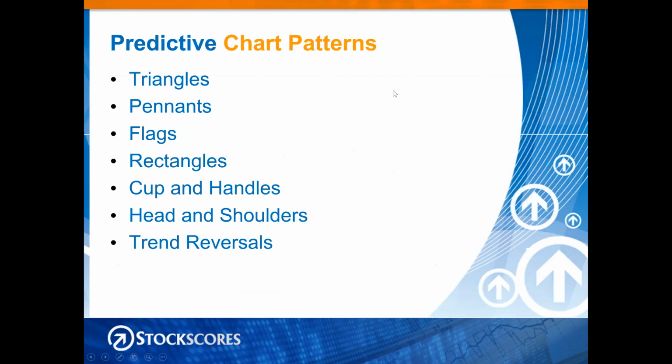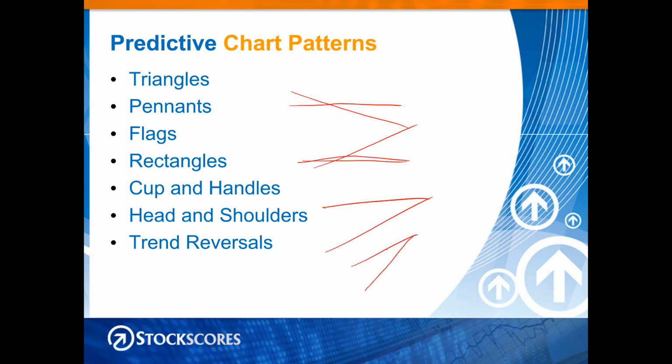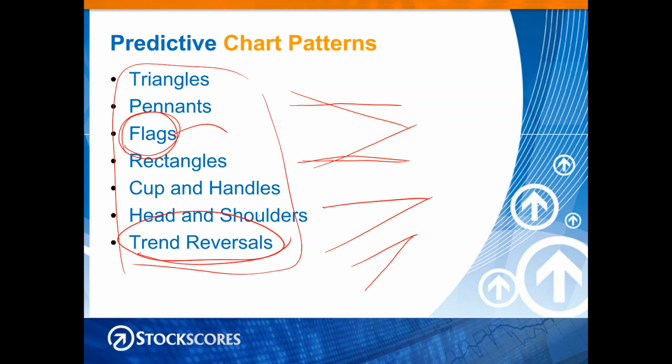So I'm trying to get my screen back here. Because you can also have horizontal lines of resistance that maybe just go like that. We want those trend lines of resistance that converge. And they don't always have to look like that pattern. They can look like this. They can look like, this is a pattern called a rising wedge. So all of these patterns here, with the exception of this one, are patterns of converging volatility. Flags are a unique one, which are, well, I'll explain in a moment. Trend reversal is a little bit different too. Okay, any other questions before I move on?